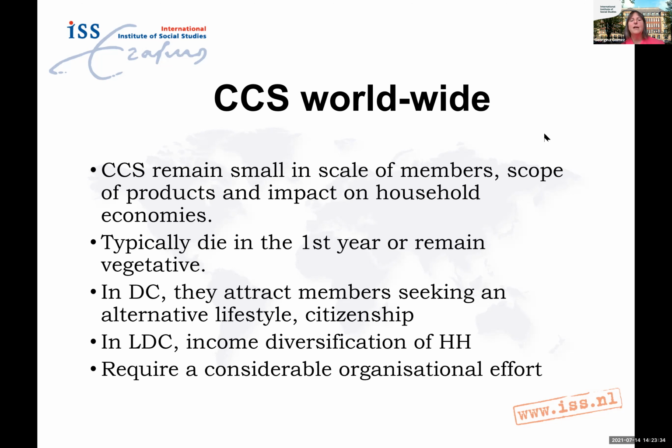So they say, well, we participate in this network with alternative currencies, and they tend to use the word alternative much more than complementary, because they are looking for the like-minded, people that would like a different type of exchange, which is not a capitalist exchange. In less developed countries, the goal of income diversification of households is very important, and this is in a way an extra. It's part of their livelihoods. So it's an extra income that allows people to live a bit better.